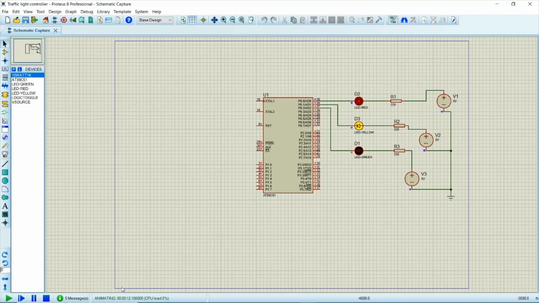After 10 seconds the yellow LED is on. It will maintain for 15, that means 5 seconds. After that, green. Till 25 seconds green will be on. That means 15 plus 10, 25. Now the yellow LED on. This will be on for 30 seconds. That means plus 5 seconds. And then red. Right. It happens over and over the same till the power is there.